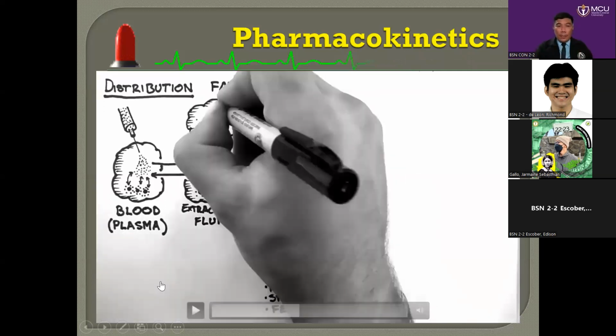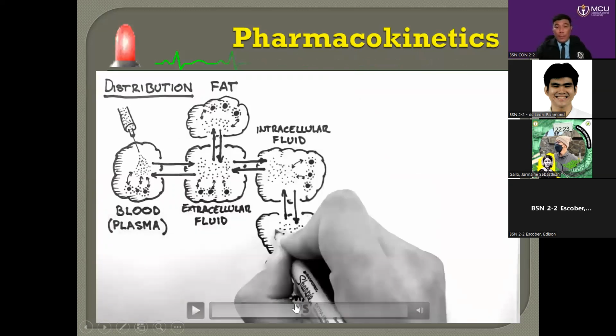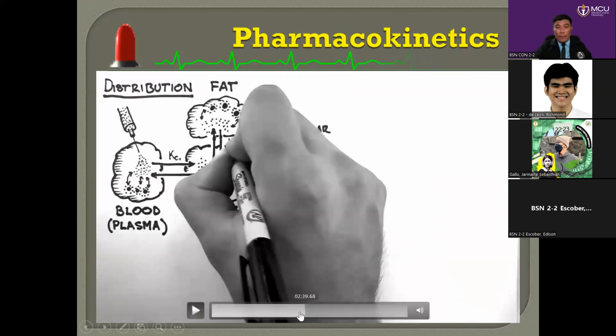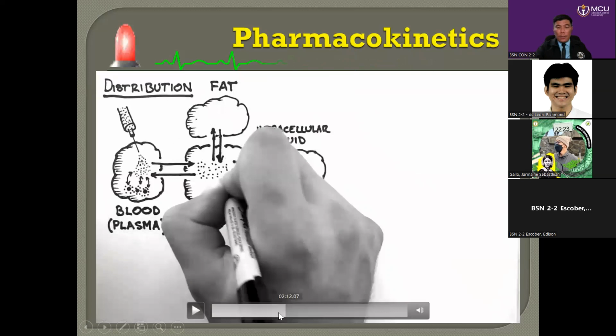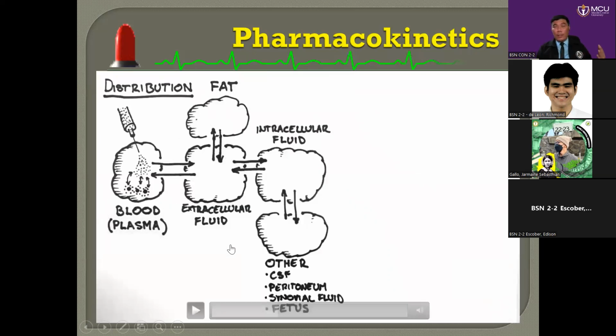Okay, I just interrupted the video. We have mentioned here that at the time the drug reaches the plasma, that is now the start of distribution and how it will be distributed. I have mentioned the concept of pinocytosis, right? So through the liquid in the cell, that transports the chemical composition of the drug.